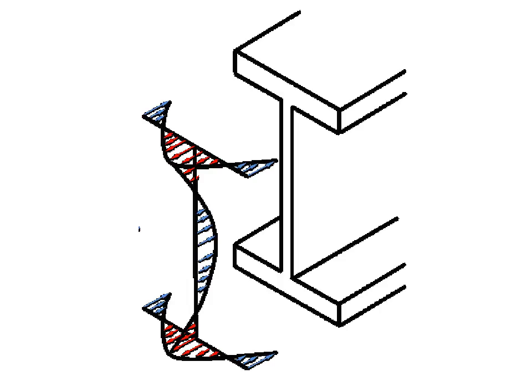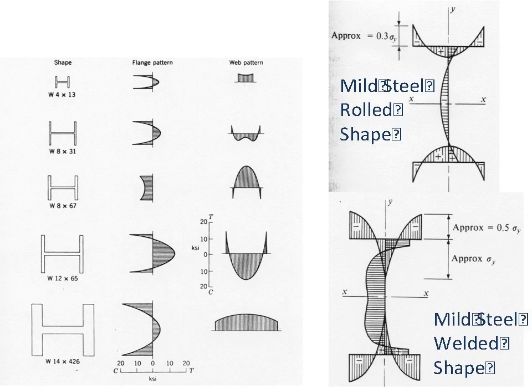Of course, the rolling changes the distribution, straightening changes the distribution a little bit, but this is a good measure of the distribution. We can also look here at how the size of the shape, the size of the cross-sectional elements can cause variations in the magnitude of and distribution of the residual stresses. You can also see in the lower right there is a different pattern for welded shapes.